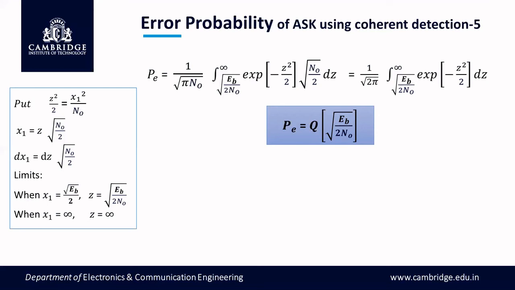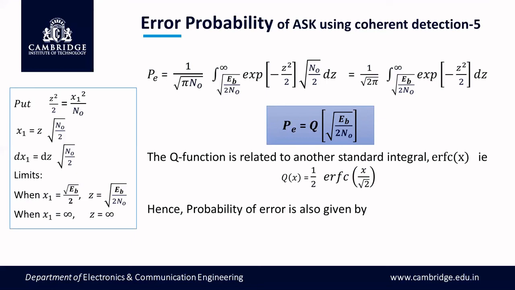But it is the practice to represent this probability of error in other standard integrals also. Some of the authors use a different standard integral for representation. One such integral is ERFC of x. ERFC stands for complementary error function. There are two more functions. One is the error function, another one is the complementary error function. I've chosen the complementary error function here. It's also one of the standard integrals. This complementary error function looks almost similar to your Q function. That's why it is chosen here.